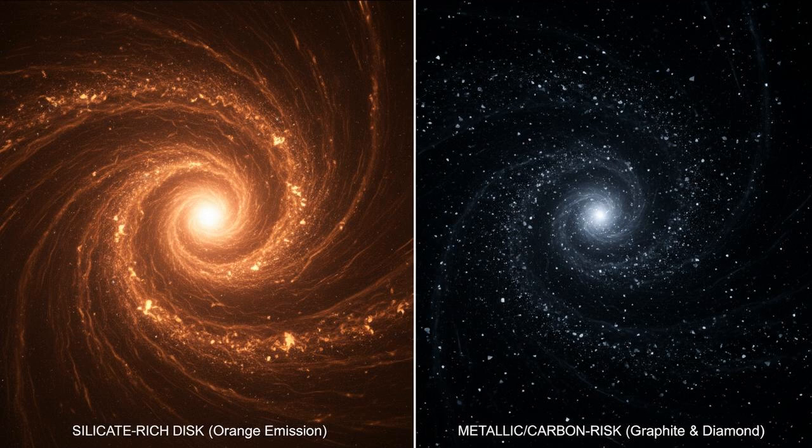To understand how a planet becomes a diamond, we must first deconstruct the architecture of these worlds, beginning with the elemental ingredients. In our own solar system, the chemistry of rock is dictated by oxygen. Earth, Mars, and Venus are silicate worlds. This is because, in the protoplanetary disk that birthed our sun, oxygen was the dominant heavy element. It bound avidly with silicon, magnesium, and iron to form silicate rocks.